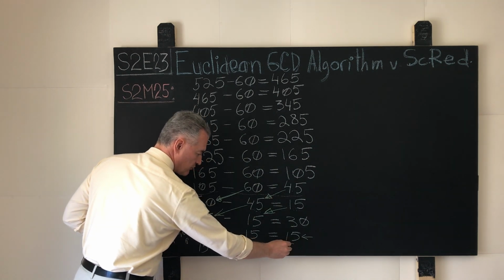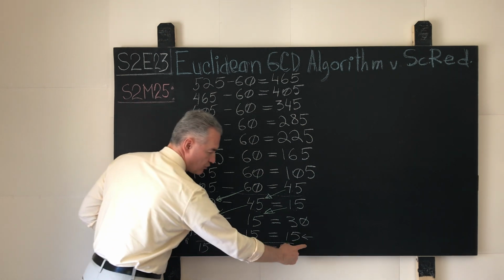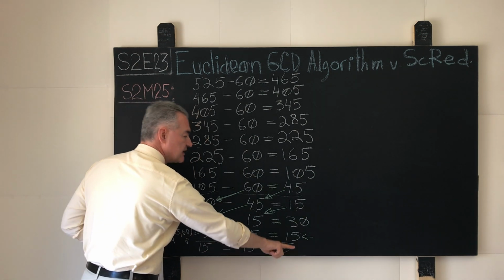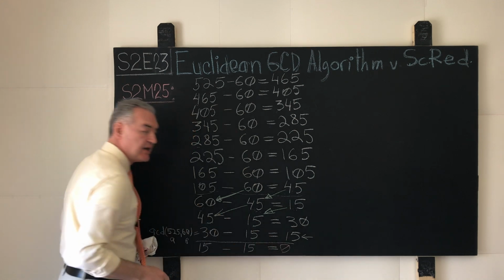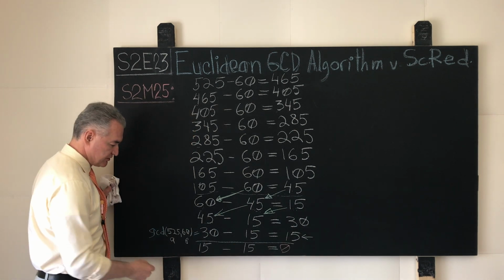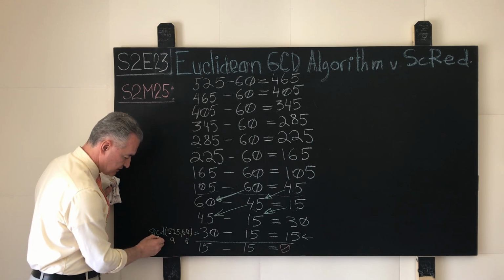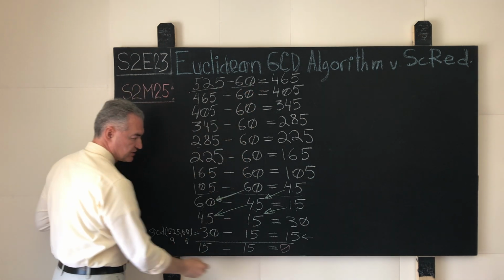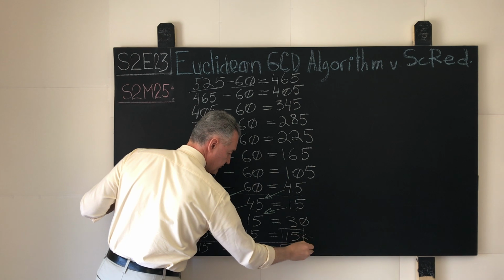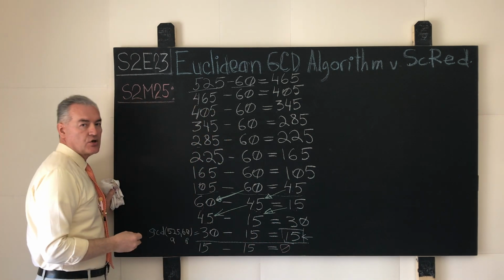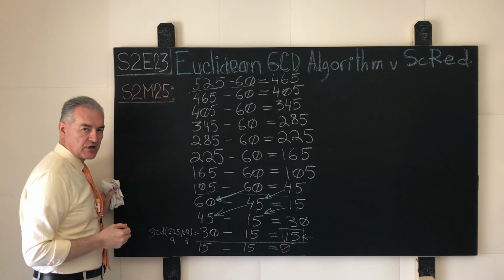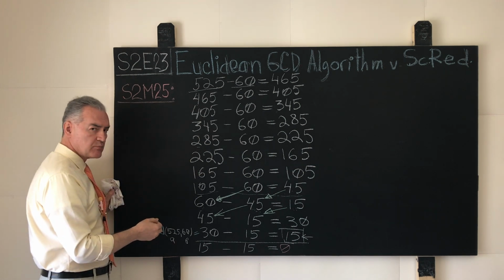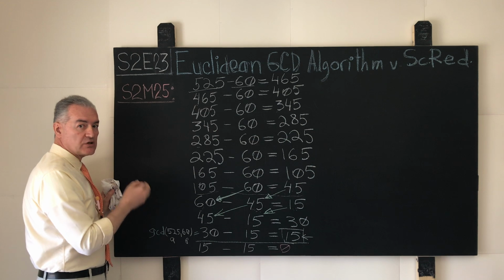At this point, our algorithm terminates, and I put the arrow over here because in the next segment, I'll take the right-hand side of the board. I don't want to write over there. The immediately previous number with respect to 0 is the greatest common divisor of the two numbers at hand, and I wrote that fact over here. So the greatest common divisor of the original numbers 525 and 60 is precisely this guy right here. 15 is the answer, and this is the mechanics of how the Euclidean greatest common divisor algorithm works. This is applicable to all positive whole numbers, and specifically,